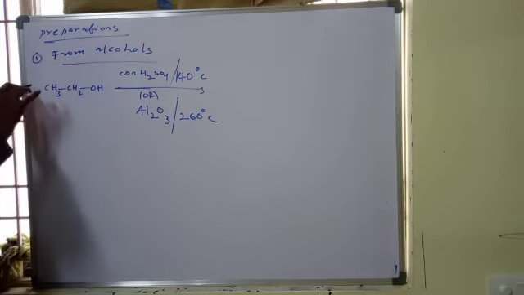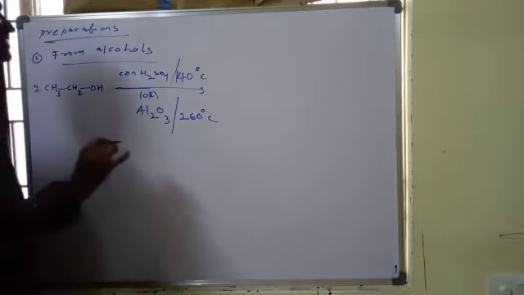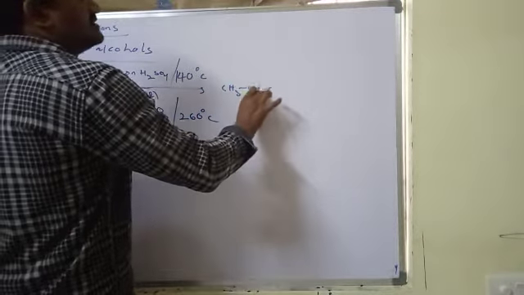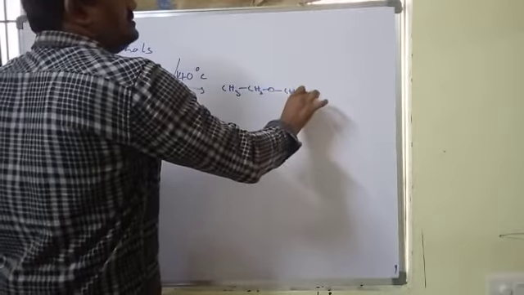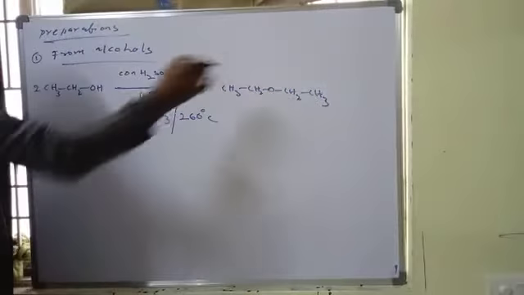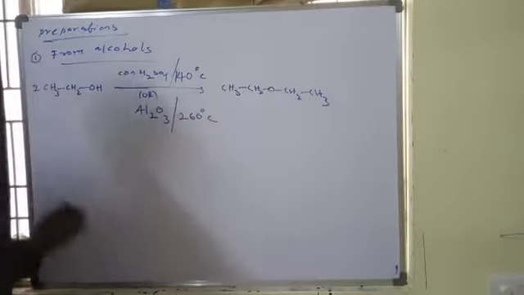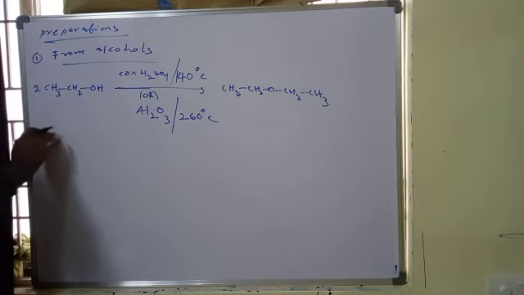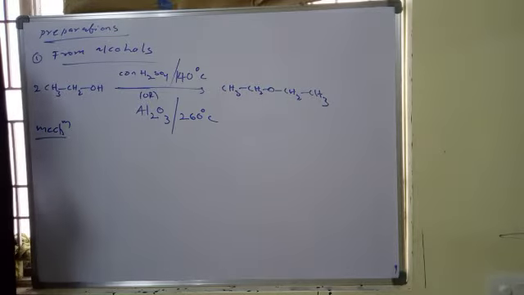Now we will get that two moles can participate, and we will get ethers. We will get ethers: diethyl ether. This is ethyl alcohol, okay? So the mechanism, if you see the mechanism,